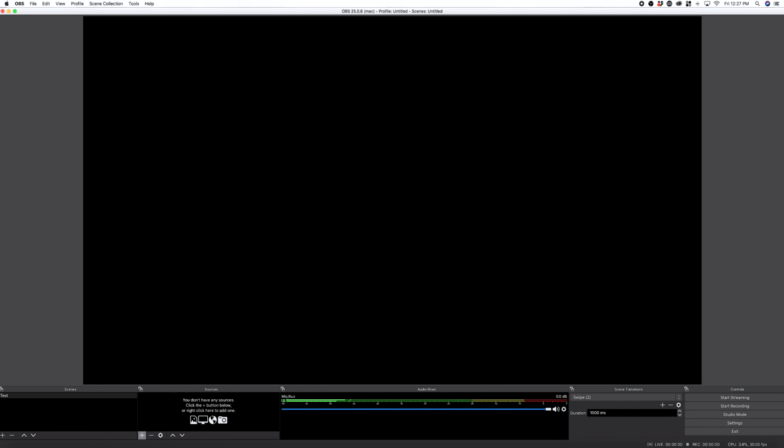Now let's go for the display capture source. The display capture source pretty much is to help you display your computer screen. If you have many screens and you want to display whatever you're doing in one of them, you can do it through this one. I'm choosing my main screen, which is number 0, and I click OK,